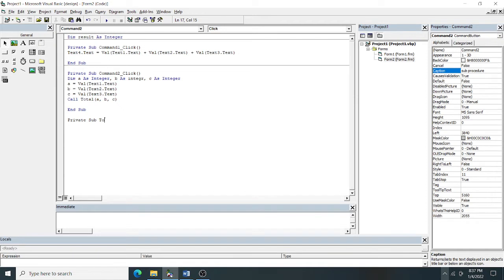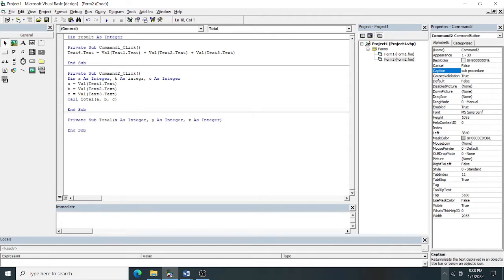Then the procedure name, which is total, and here you have to specify 3 formal arguments: X as integer, comma, Y as integer, comma, Z as integer. You have to type this one also, it's not changing. Okay, now what you have to do?